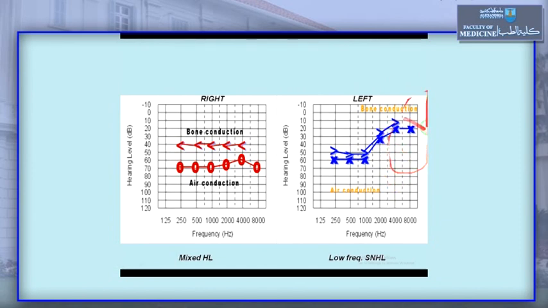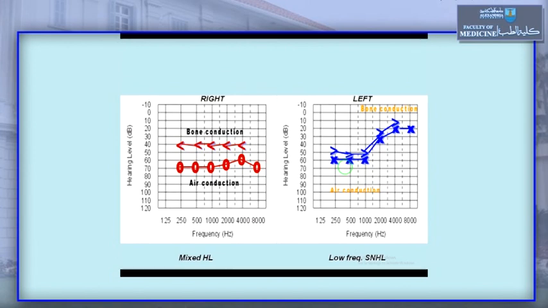Finally, if you look to the left ear, that's the reverse configuration. That's low frequency sensory neural loss. The patient has normal audiometric thresholds at high frequencies, but abnormal or sensory neural loss at low frequencies. And the most common cause for that is Meniere's disease. If this condition is unilateral and the patient does complain of vertigo, then we have diagnosed a case of Meniere's